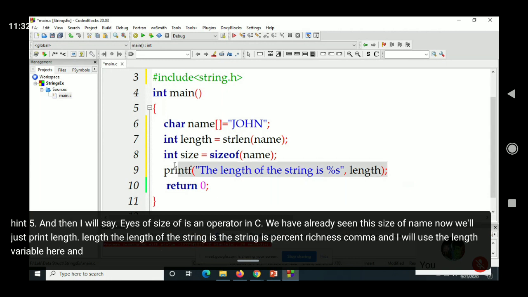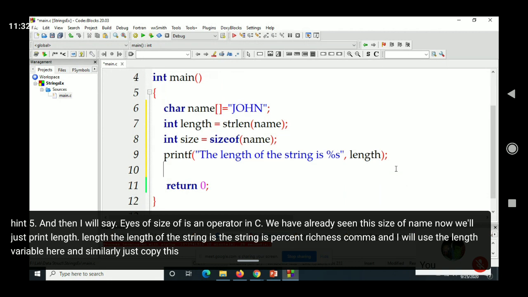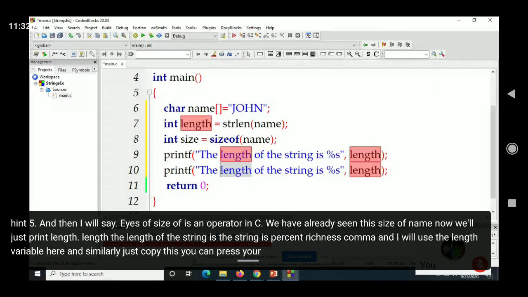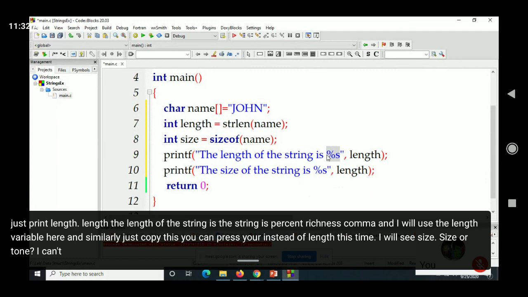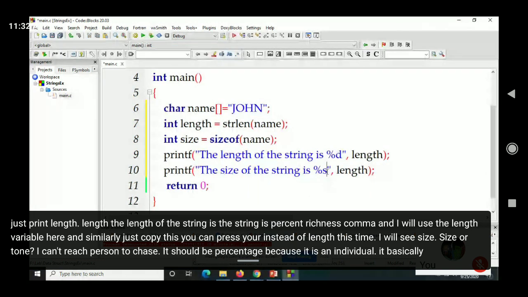Similarly, I copy this and enter here, and instead of length, this time I will say size. I can't use %s, it should be %d because it is an integer. This time I will say size.